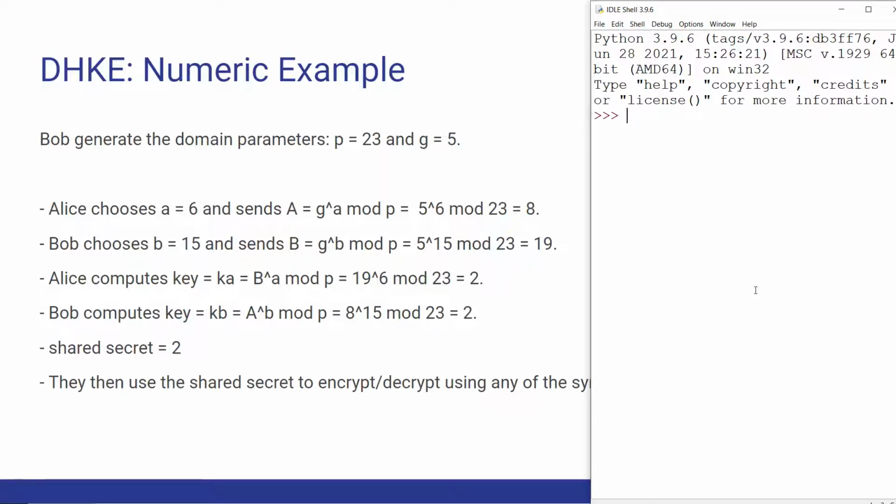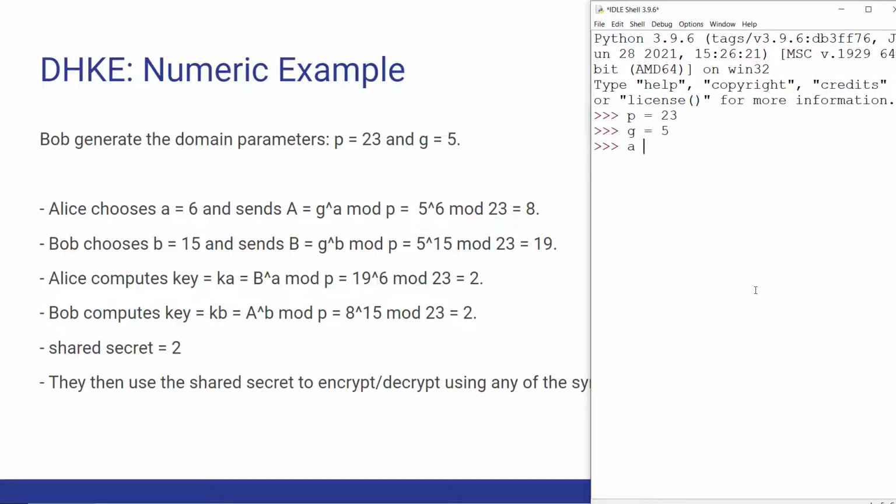As I already mentioned, Bob initially generates the domain parameter prime number p. Usually in real life the prime number p is going to be a very large prime number, like 2048 bits. But here for simplicity we are going to take the prime as 23. And we are going to use the generator g equal to 5, which I am taking randomly, but in real life most of the time g will be 2. This is just for demo purposes. I just randomly took two values.